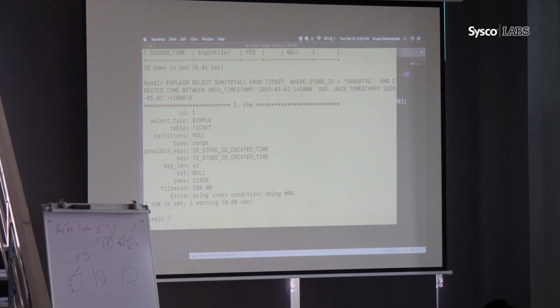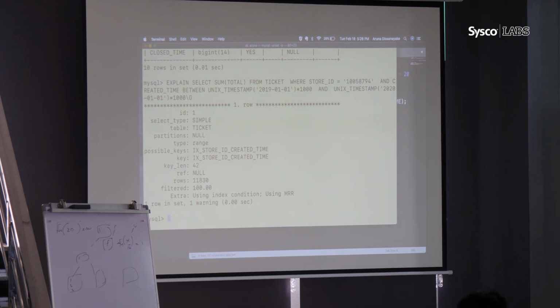So it's better to identify the multi-column indexes and apply them. Since we have this index on store ID and the date, it can be used to run a query without the date, or only with the store ID as well. Still, this index will be used because it can narrow down the records.